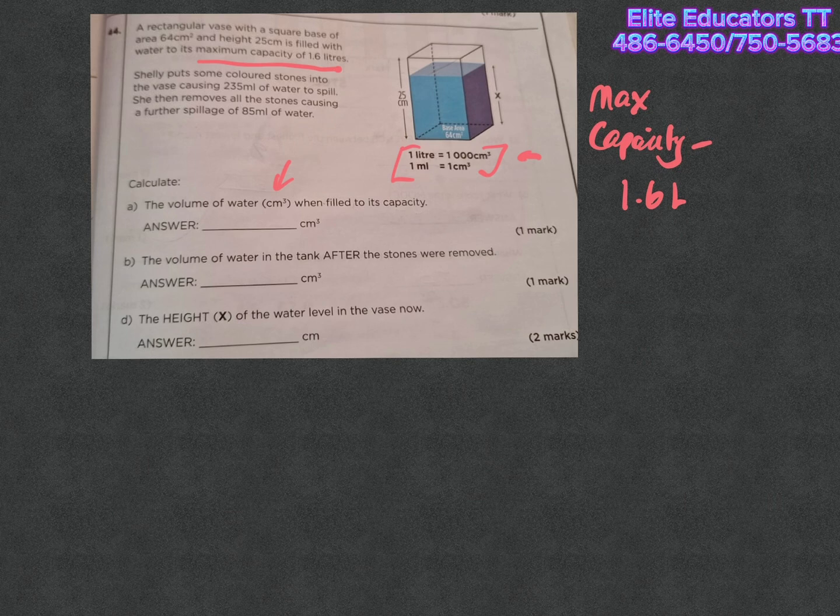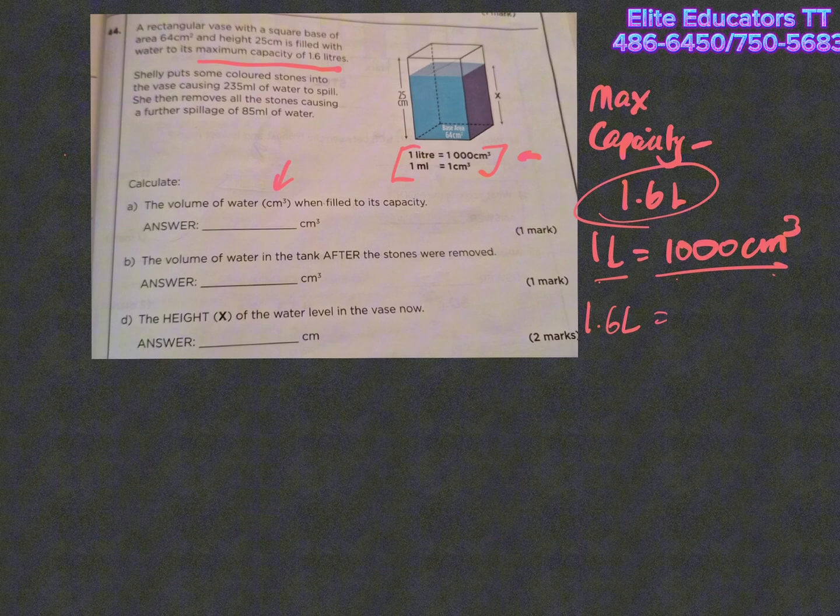Now, they give us that 1 liter is equal to 1,000 centimeters cubed. Let me make this writing a little bit smaller. Okay, good. So 1 liter is 1,000 centimeters cubed, and they said a max capacity of 1.6 liters. So 1.6 liters would be 1,000 centimeters cubed multiplied by 1.6, and that will give us a total of 1,600